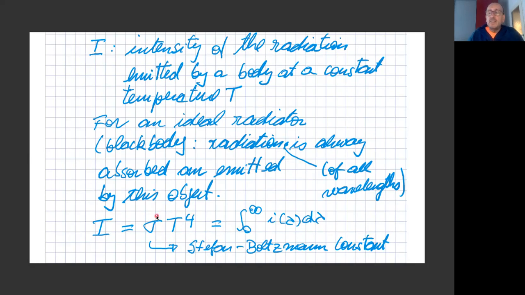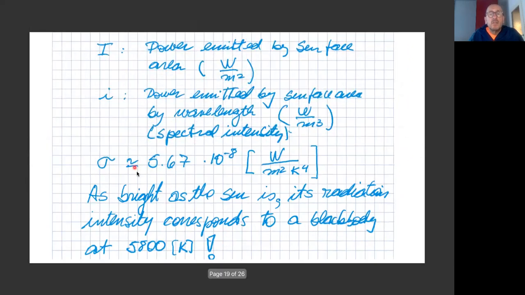Every object, independent of the nature, will have an intensity that is very much a function of T to the 4th, but the emissivity will be a bit different, meaning the amount of the intensity that comes out is not going to be a constant value. It will have some sort of a modifying factor that will depend on the material. But for an ideal radiator, a black body radiator, the value of sigma is